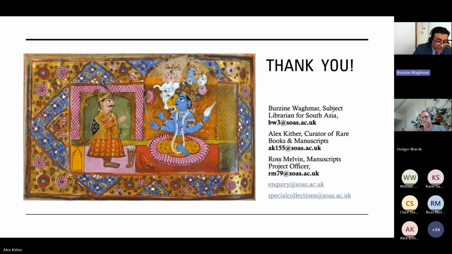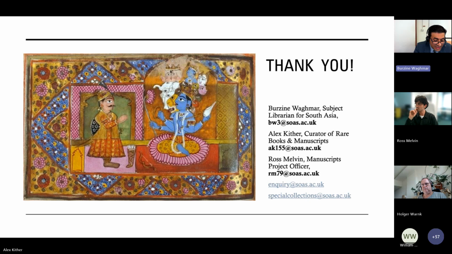The SOAS Library's South Asia collections, from Ross to the present. The library, since its inception in 1916, has not been merely a storehouse of printed matter, but a living palimpsest of scholarship. Its pages inscribed over a century by the labors of linguists, ethnographers, archivists, and bibliographers. The narrative of this institution unfolds neither in straight lines nor simple chronologies, but in layered constellations. Here, the sediment of imperial knowledge production, there the sedimentation of vernacular textualities. Here, the hand of early 20th century linguistic polymathy, there the touch of digitized 21st century access.